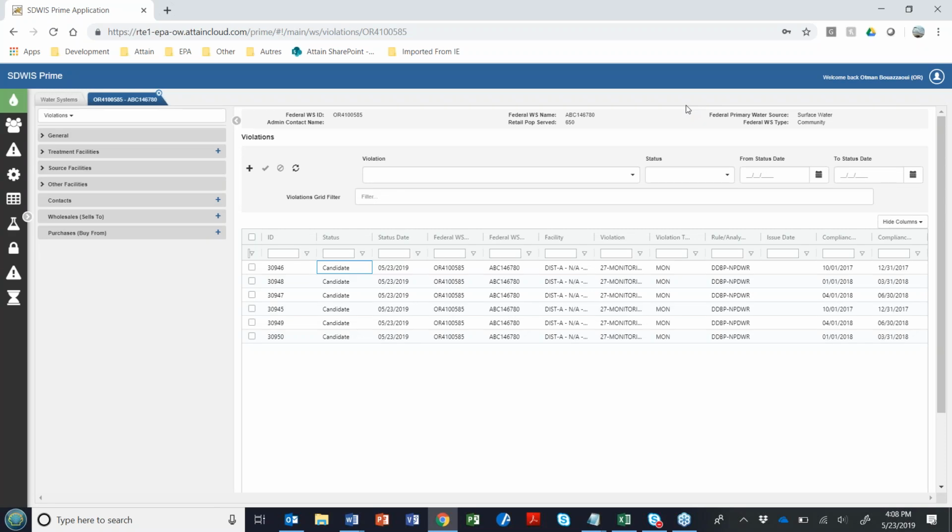Okay, next question then was, what if a system takes additional samples in a month due to extreme circumstances? Will the samples be averaged? Yes, the answer is they will be averaged. Right now, that averaging is at the frequency of the monitoring.